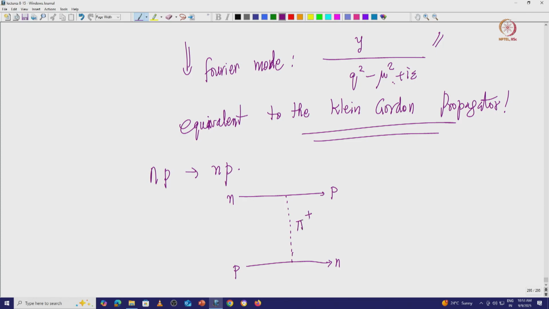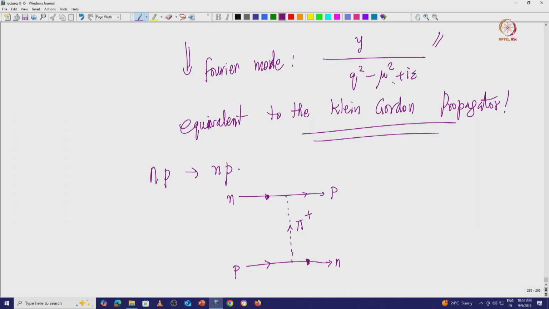By exchanging a pi plus, a neutron can get exchanged to a proton, and a proton can get exchanged to a neutron essentially. Now the neutron does not have a charge, but I am still putting some direction just to give you an idea. So there is no charge essentially. If you just look at the charge lines, the pion charge and proton charge lines are conserved essentially.